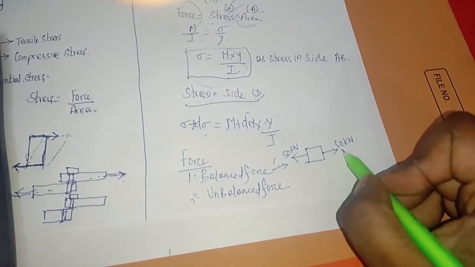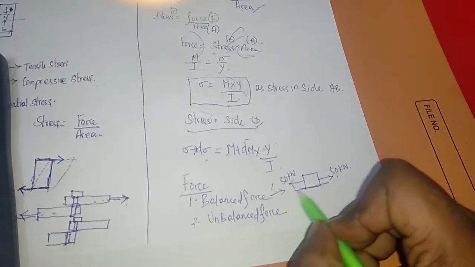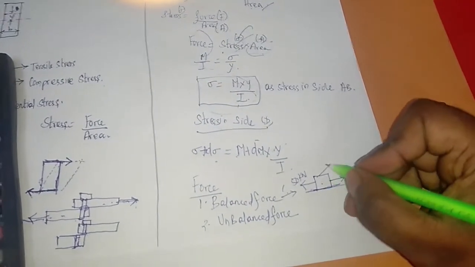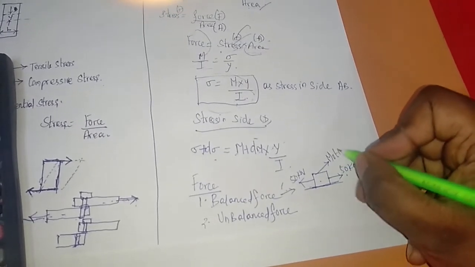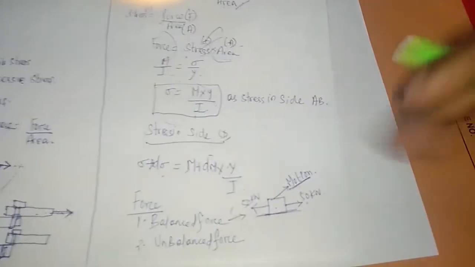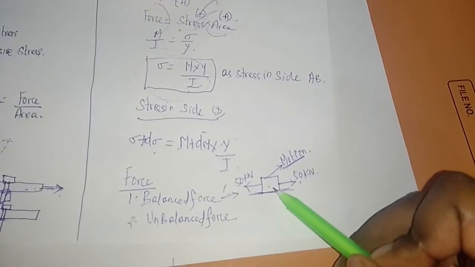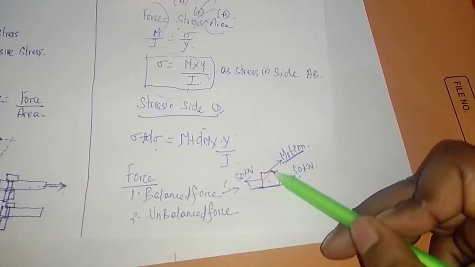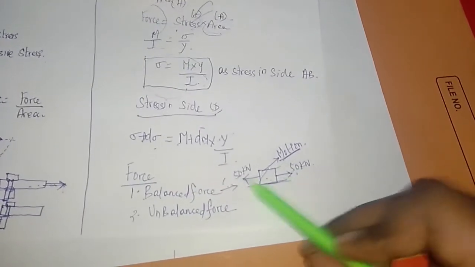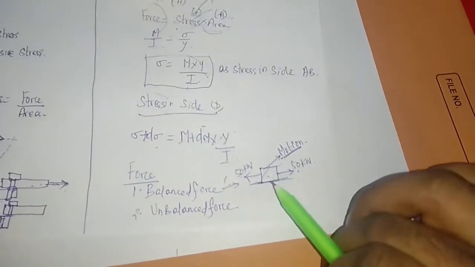Immediately what will happen? There are equal forces. If there are equal forces, there will be no change in this object, like motion. There will be no motion. Motion is nothing but what? A force that may cause the object to move, right? There is no movement in this object, or any change in dimension because of this force, because these two are equal. The object will remain at the same position, at rest.